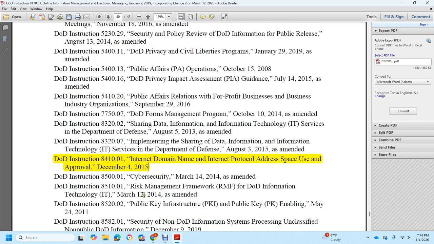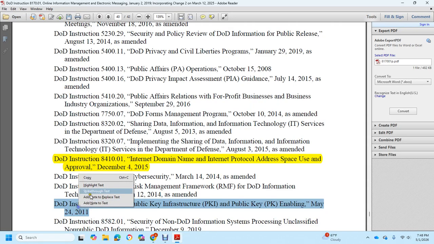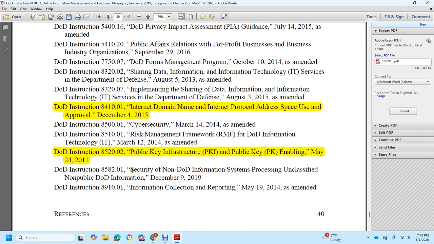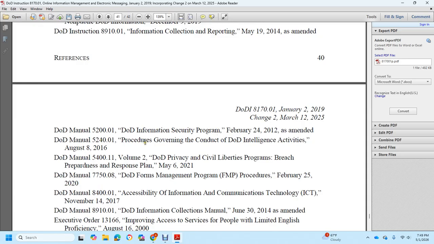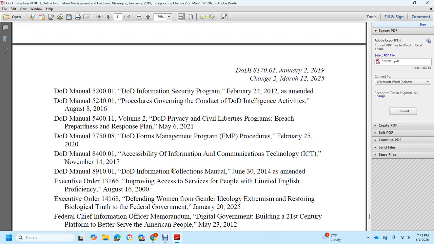Risk Management Framework, DoD Information, DoD Instruction 8520.02, Public Key Infrastructure and Public Key Enabling, DoD Instruction on Security of Non-DoD Information Systems Processing Unclassified Non-DoD Information, DoD Instruction Information Collections Reporting, DoD Information Security Program Procedures, Government Conduct, and DoD Intelligence Activities, DoD Privacy and Civil Liberties Breach Preparedness and Response Plan, DoD Forms Management Program Procedures, Accessibility of Information and Communication Technology, DoD Information Collections Manual, Improving Access to Services for Persons with Limited English Proficiency, Defending Women from Gender Ideology Extremism, Restoring Biological Truth to the Federal Government,